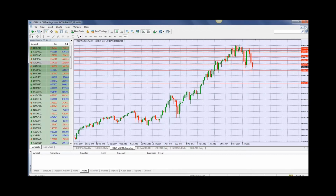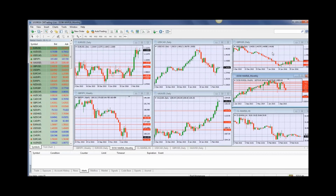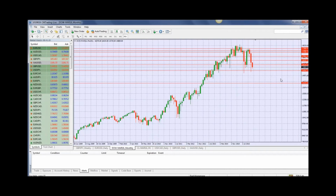The beginning of a bear market is harder to predict, but once you're in the middle of it, the question is how much longer is it going to go? So we're not sure, but again, if it does continue to sell off, we could certainly see going back down to 11,000. I would say even 9,000. But that's, I think, a little bit premature here because we have still way to go